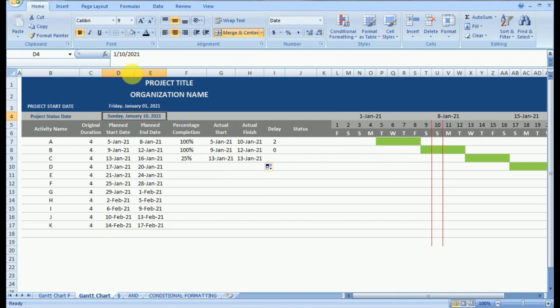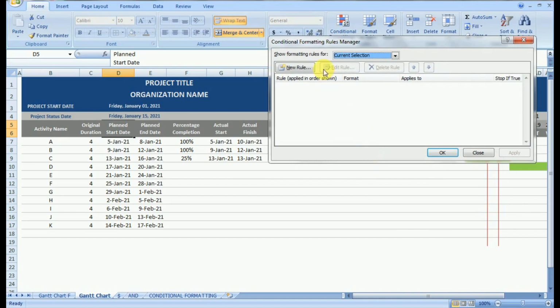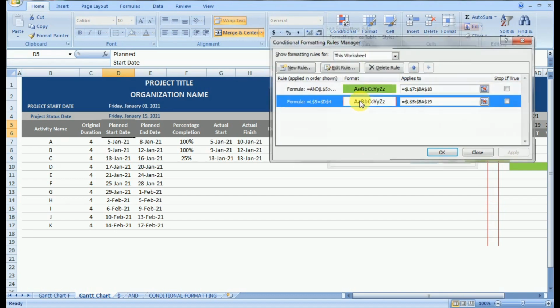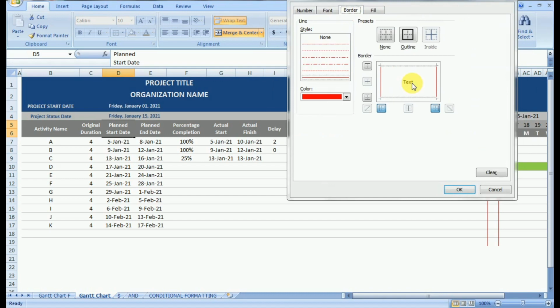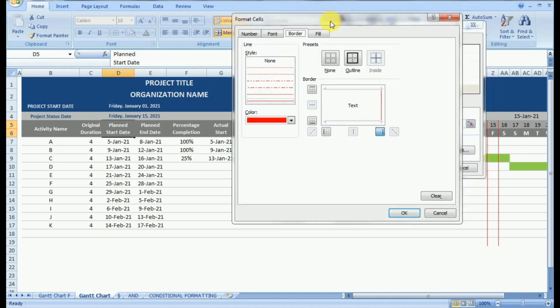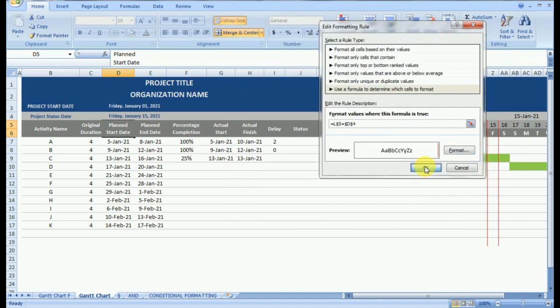So now our progress status date, we can change it to 15th January. Now here we see two lines. What if we want a single line to avoid confusion? At any point of time you can go to conditional formatting and then manage the rules. Right now we can see this rule and we can change the border. So instead of two red lines we can select a single red line. Now you will see once I change it, a single red line will be visible.